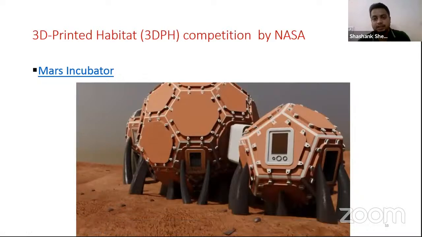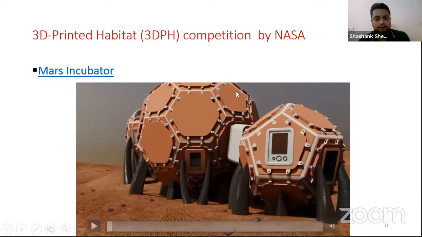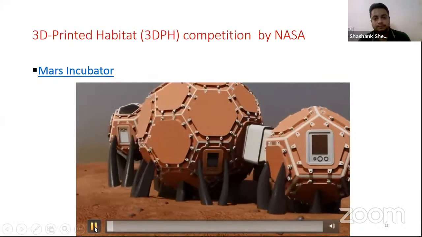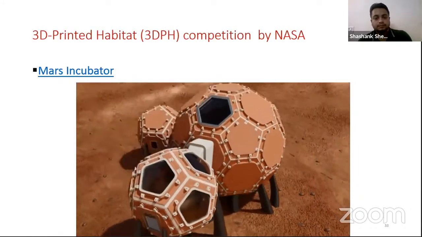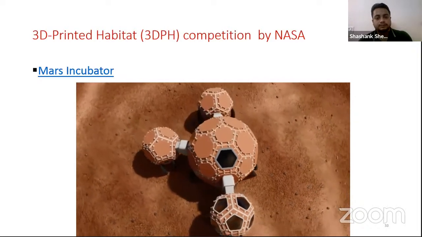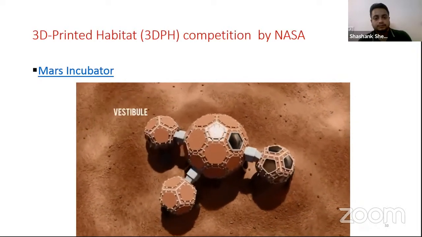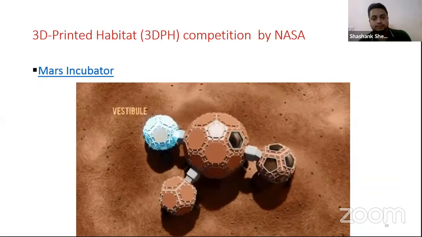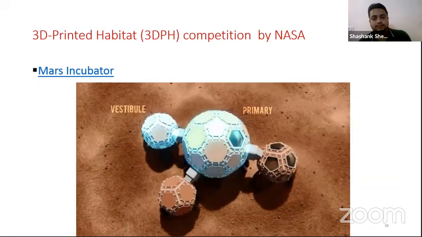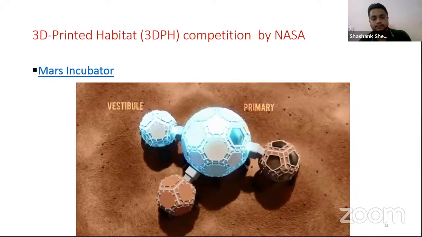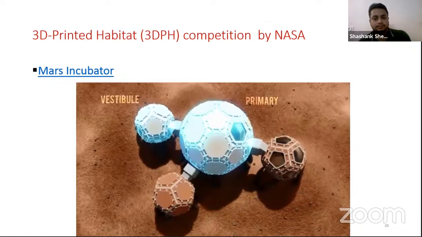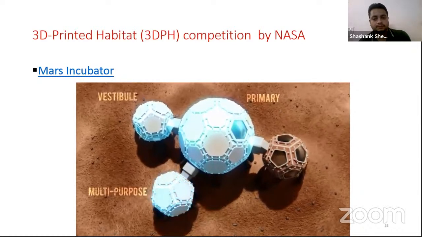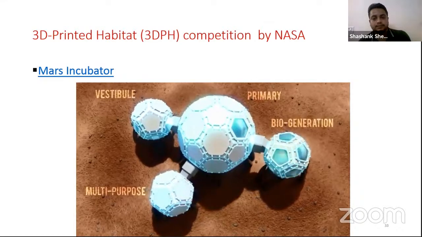So now there is another concept where this could be a modular concept. It allows for efficient construction and provides a safe and robust environment for human life on Mars. It consists of 4 distinguished volumes separated into functional zones. The first volume is a vestibule for surface deployment via suits and rovers. The second and primary volume contains lab space, ECLS systems, a sanitation facility, a food prep area, and accommodations for crew members. The third volume is a flexible space for multiple activities, and the fourth volume is the biogeneration area